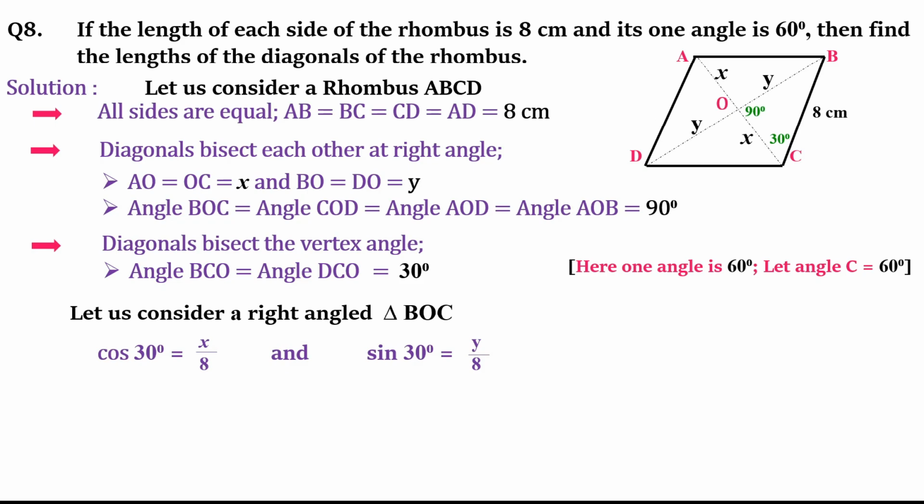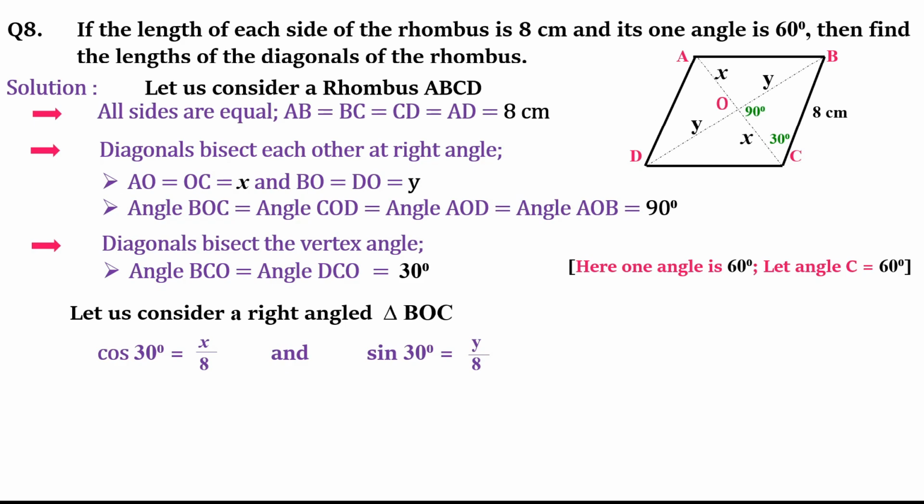I will take cos 30 because cos 30 is base upon hypotenuse. Cos 30 is a standard angle, and I know its value. Base is x, that I don't know, but I will compare it with a known side. Known side is 8. I will not take tan, because if I take tan 30, of course I know it is 1 by root 3, but y is also unknown, x is also unknown, so tan will not help over here. I have to take a T ratio in which the other parts are known and I have only one unknown. So cos 30 I have taken in the first case to find the value of x, because x is base and 8 is hypotenuse.